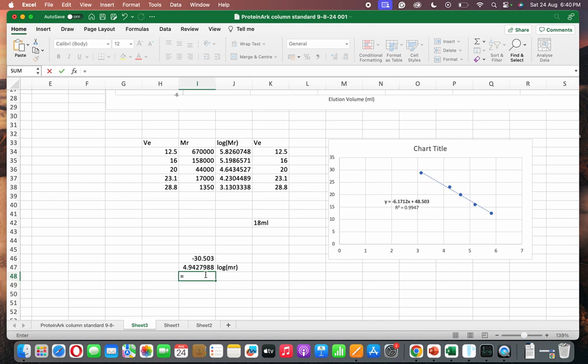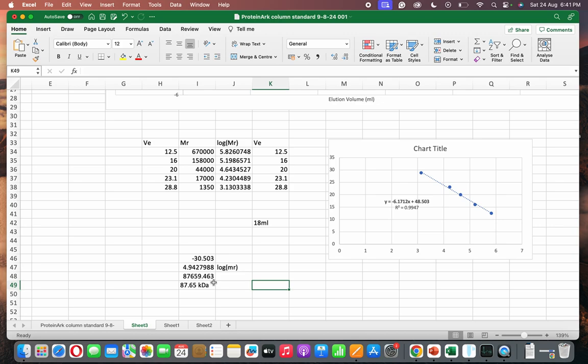So what I have to do is take the anti-log of this, which is basically 10 raised to this answer. And what this has given me is this number, which is about 87.65 kDa. Okay, so if my protein is eluting around 18 ml, that means it has approximate molecular weight of